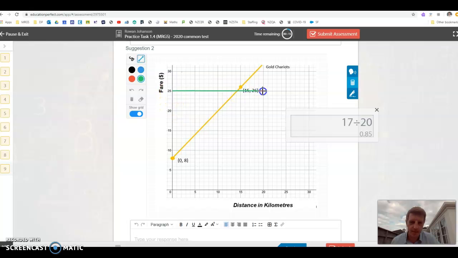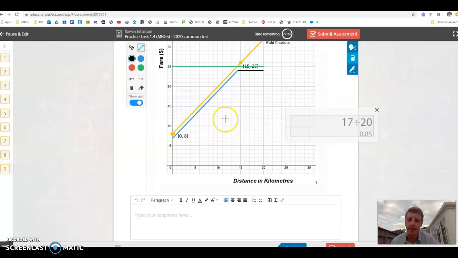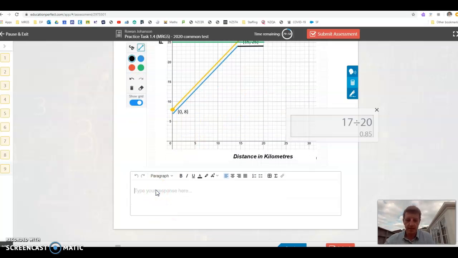So I'm going to put green taxis back in here. I want something that looks a little bit like, maybe I can start $1 cheaper, go all the way up, and then when I hit like $24, I can do a second part. I'm going to make that black. That goes across like this. So it's a two-part line. So for my first part of the line, I'm going to go y is equal to 1.2x. So I want to keep the same gradient as the yellow line. So this one's going up at 1.2. So will this one. Instead of starting at 8, I'm going to start down here at 7. So 1.2x plus 7